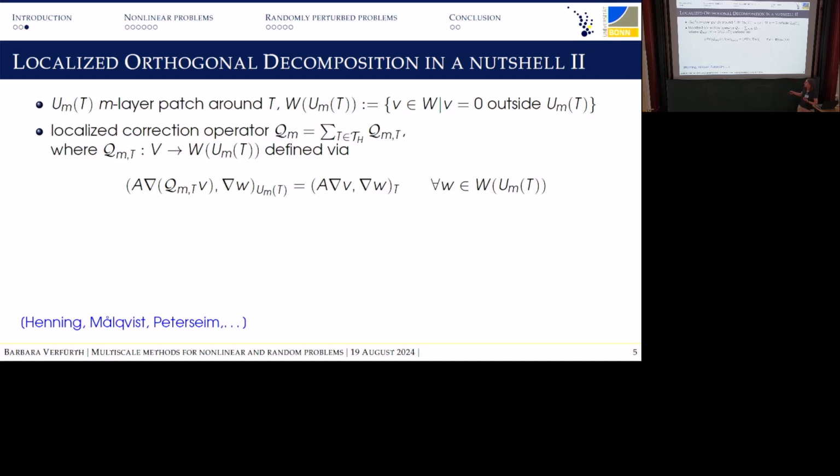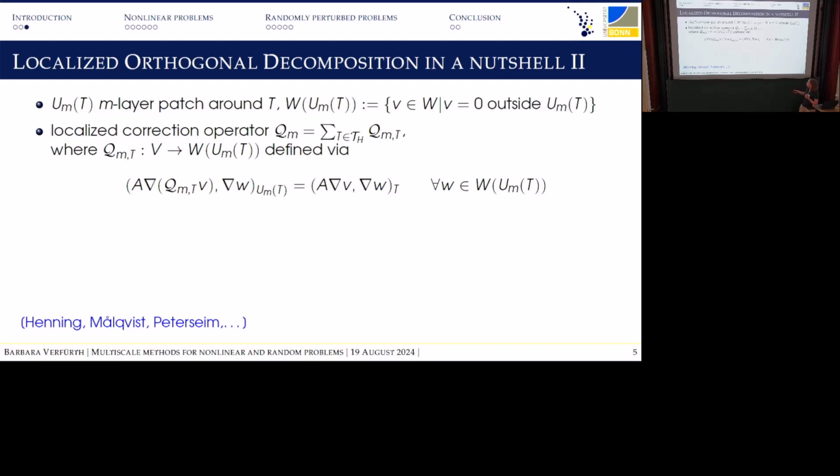And so this QMT, what I need to compute in reality, has three distinct properties, namely that it's still a fine scale operation, it still maps into this fine scale space W. It's now somewhat local in the sense that its support is just contained in this patch and no longer on the whole computational domain. And we kind of retain this orthogonality property by requiring that it's somewhat almost a projection with respect to the energy scalar product.